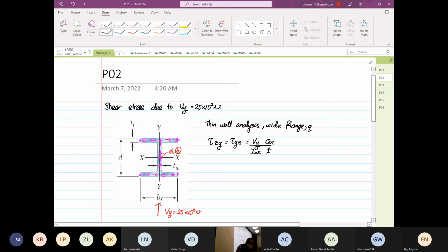Okay. So once you write out a formula like this, you tend to panic. Okay, don't panic. Write down what we know. I mean, not you. I will get panicked. Okay, so Vy is equal to 25 times 10 to the power 3 Newton. Okay. Ixx